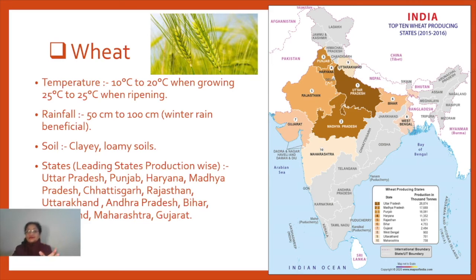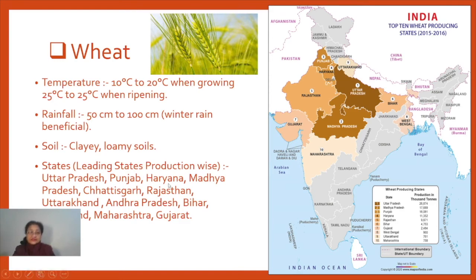So which area can be important for this climatic condition? Which area is suitable according to this for wheat cultivation? That is the western side of the northern plains especially, right? And as you can see in the map provided here, central India as well as the western side of the northwestern parts of India is mainly important for wheat cultivation. And the soil required for this is mostly loamy soil, alluvial loamy soil.